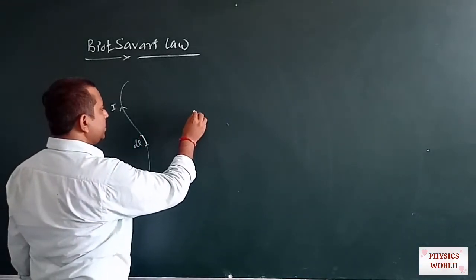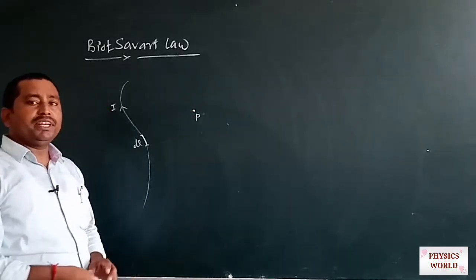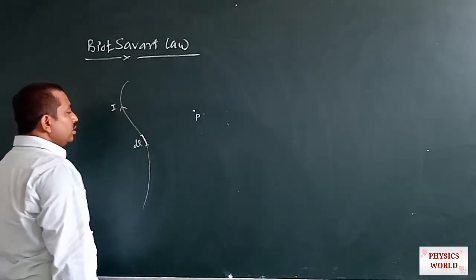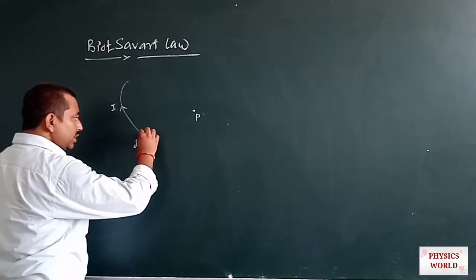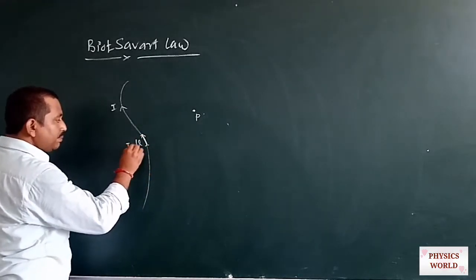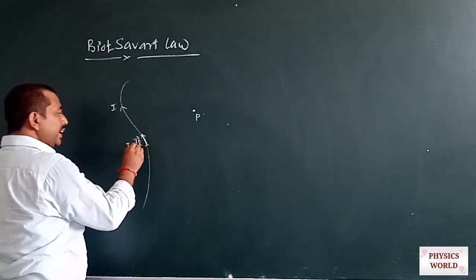Suppose this is a point P where we want to calculate the magnetic field due to this small current element. If the current flowing through this dl is I, then if we multiply the current by dl, the I dl